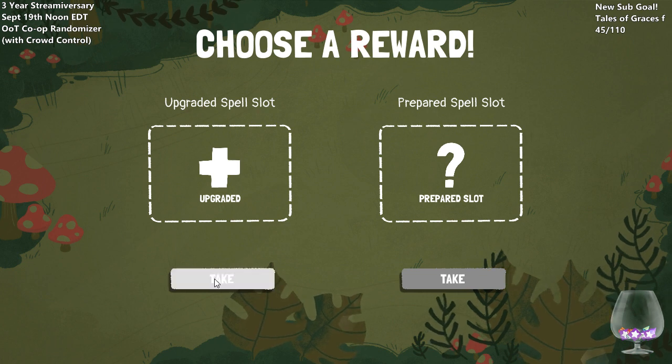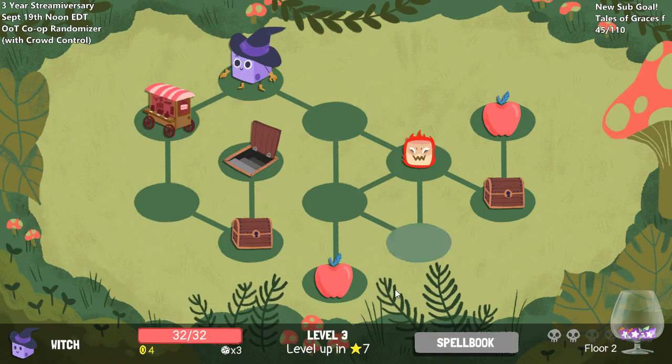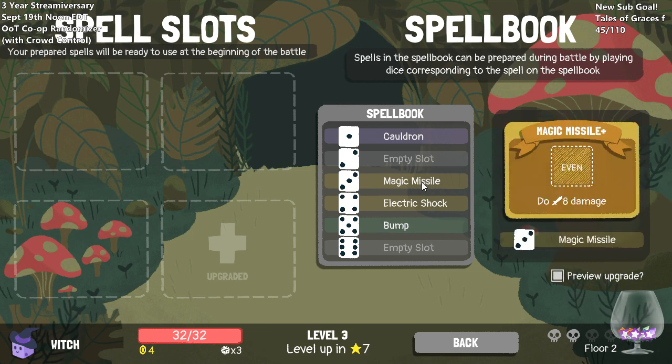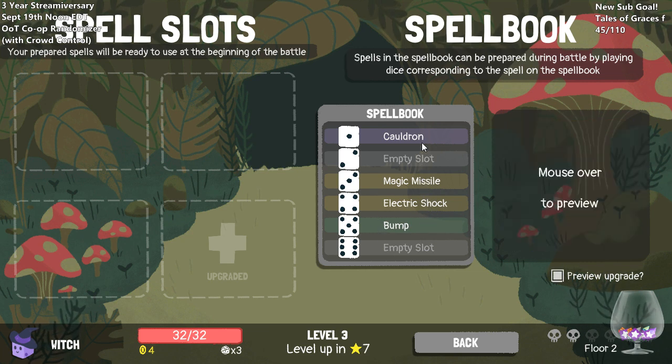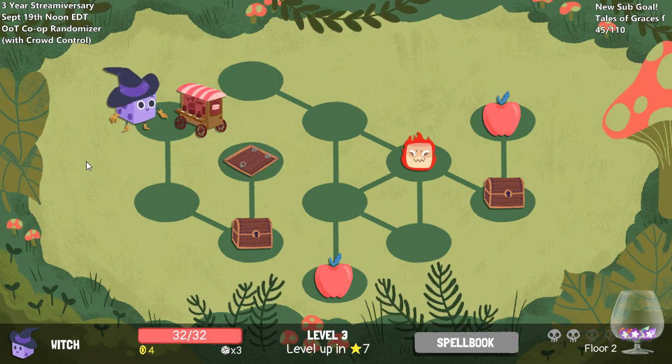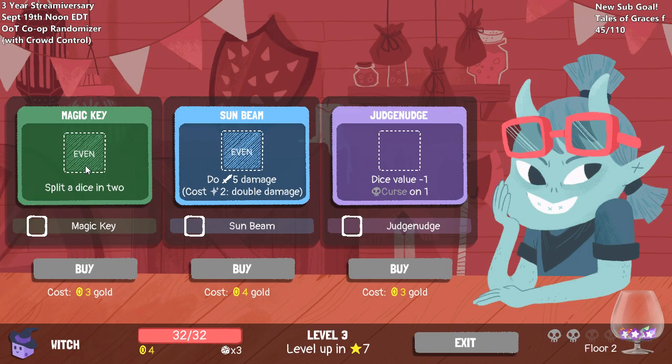I'm gonna go for a regularly upgraded one. Yeah, so that removes the thing, and that's kind of what I was hoping for. Double cauldrons are also quite nice. If you had a prepared slot, cauldron would be going into it. Well, I know what we're getting rid of. I'll see what's in the shop before I buy that, but...